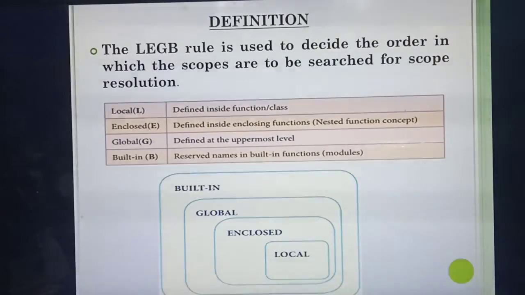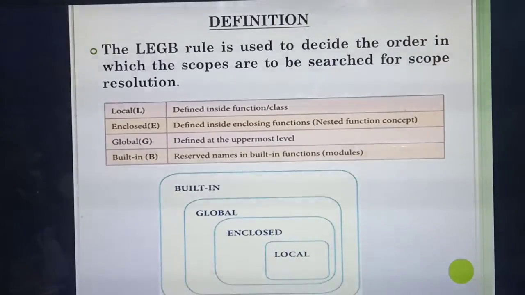So what do you mean by L? L means local. You have studied the definition of local scope in the 11th standard itself. What do you mean by local scope? A variable defined inside the function is called which scope? Function scope or local scope. Okay, so here, what do you mean by local? Defined inside the function. Please understand and study it now itself. The same you are going to study for the scope question also.